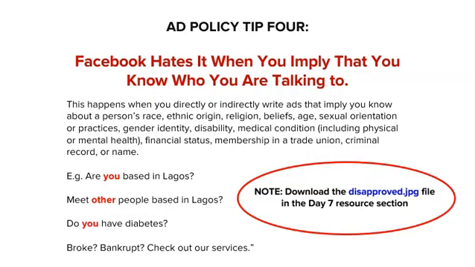I just shared 4 Facebook policies you should look out for when setting up your adverts. But that doesn't mean you should stop reading the Facebook advert policy. Make sure you read the Facebook's advert policy. The Facebook machine takes it seriously. I also included a secret file under this video. It's in form of an image named disapproved.jpg. This image contains the various reasons why Facebook might disapprove your ad or even ban your account. Make sure you download the image.